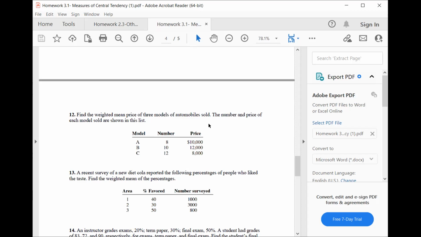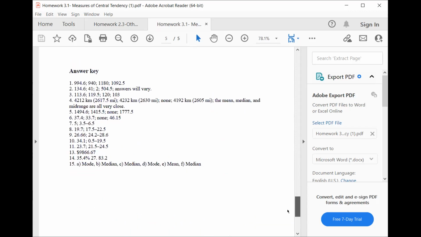I divided by 30,000 for the weighted mean price. So what did you end up with? For my top, I got a total of 296,000, and then for my bottom, I got 30,000. I divided that, and then I got